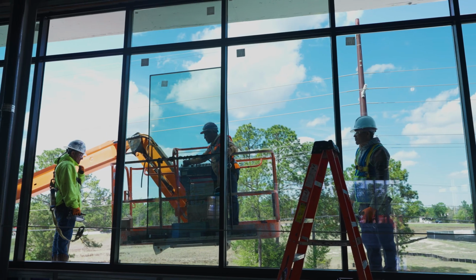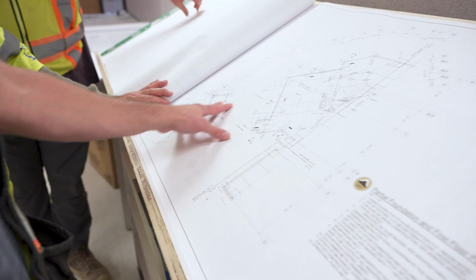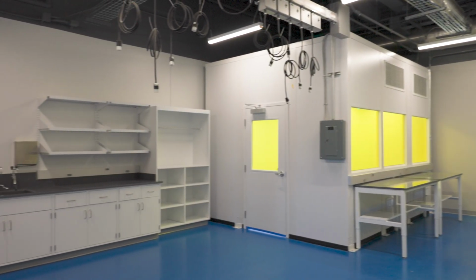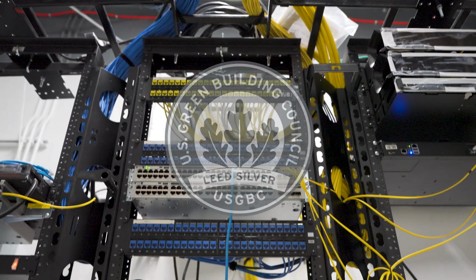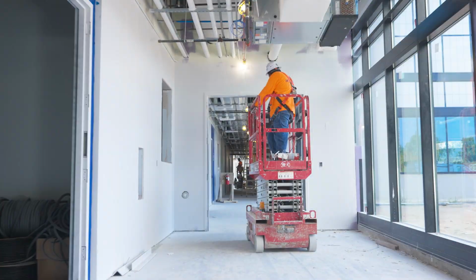Spanning 2 stories and covering more than 63,000 square feet, the AMC features diverse lab spaces including bench, high bay, computational, and industrial engineering labs. The facility meets or exceeds LEED Silver certification standards with flexible, energy-efficient spaces delivered under a DOE contract with Northwind